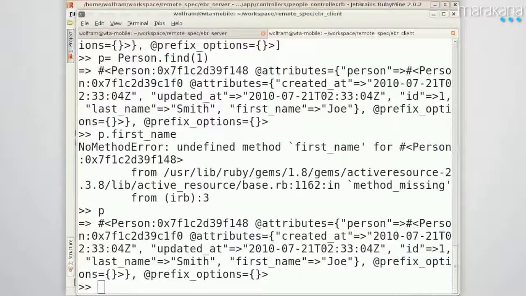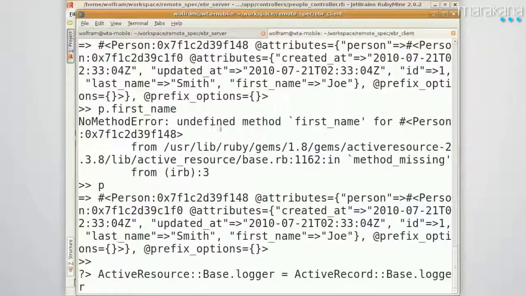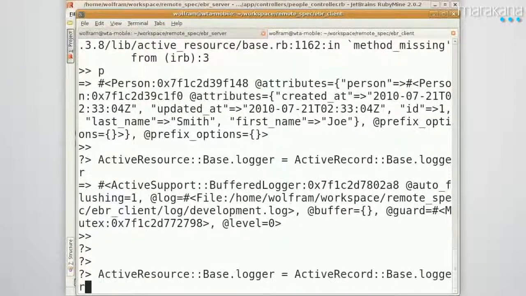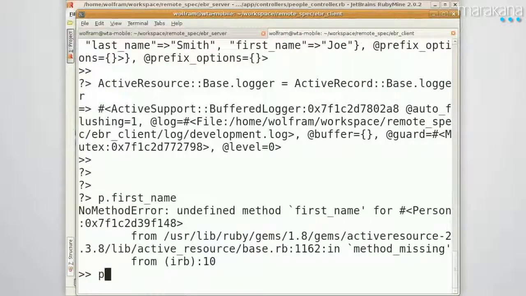there's another thing I want to show you, which is helpful if you are doing this debugging thing. You can set up a logger. So in here, in my shell, I can set up the ActiveResource base logger. Can you guys see that? A little higher. I'm going to reassign it, and I'm going to clone the ActiveRecord base logger for it. And now I have a logger entity here. Every time I make a request, it now tells me,